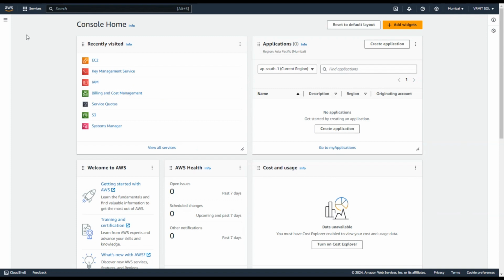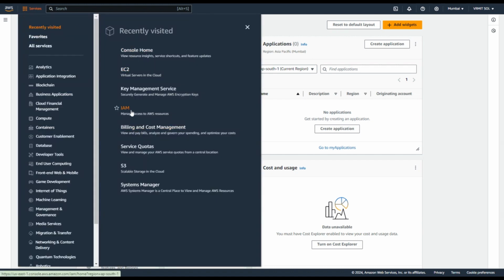Today we are going to learn how to create users, groups, and enable MFA login for the users. Let's get started. To do this, we have to click on Services and select the appropriate service for that, which is IAM. Okay, so I'll show you. Once we go to IAM,